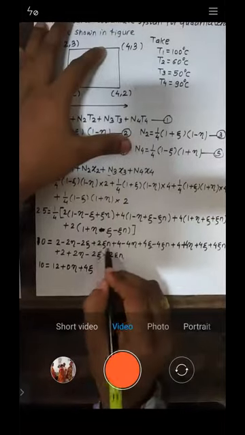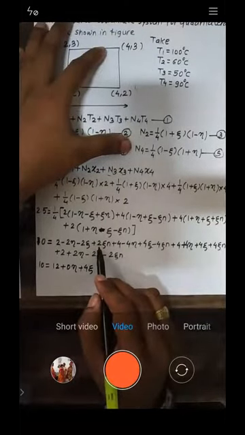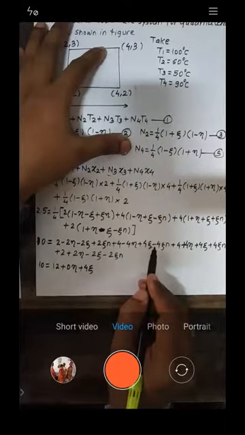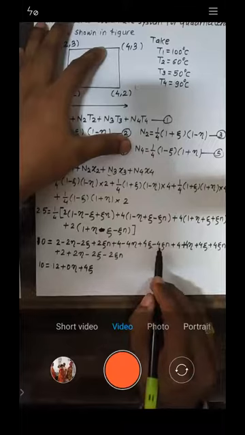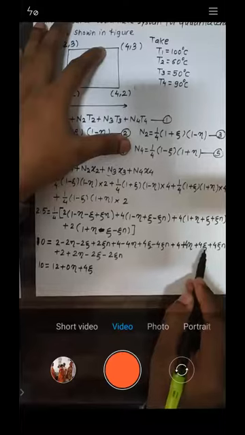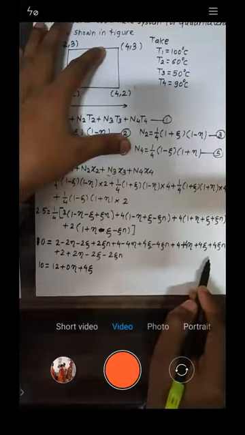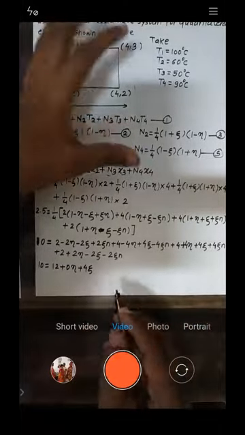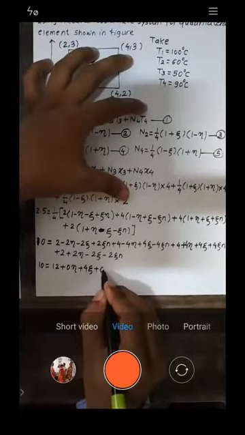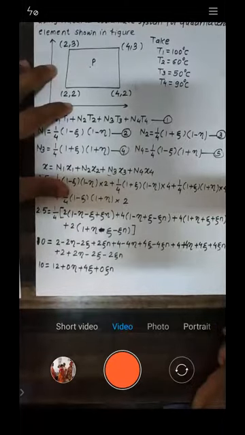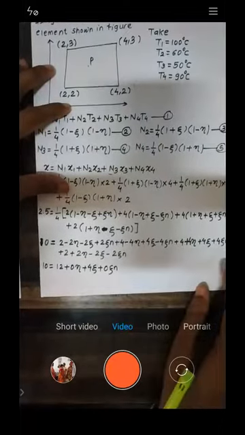Next, go for zeta and neta. This value is 2, this value is 2. This is 2 minus 4. 2 minus 4 is minus 2, right? This is minus 2. Minus 2, minus 2, right? Minus 2 plus 4, that is 2. And this 2 and this minus 2, that is 0, right? So that is plus 0 zeta neta. Is it okay?